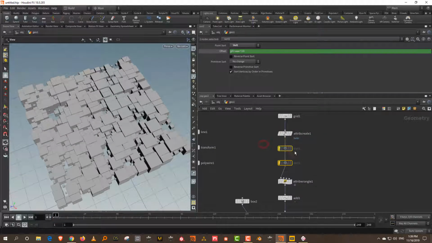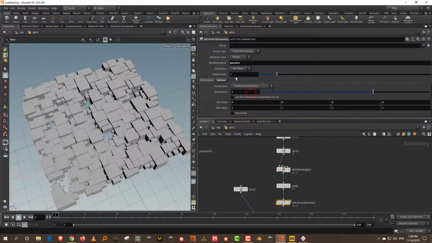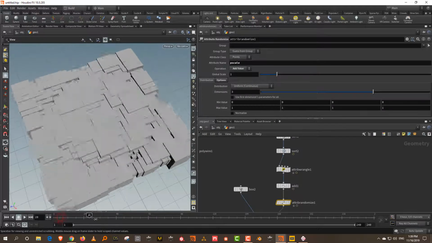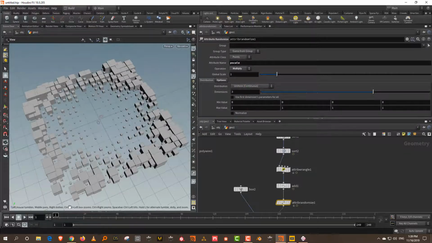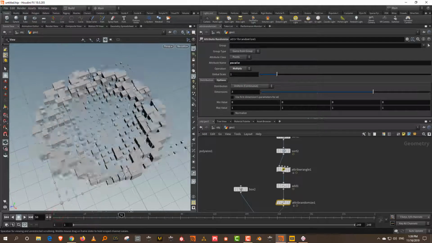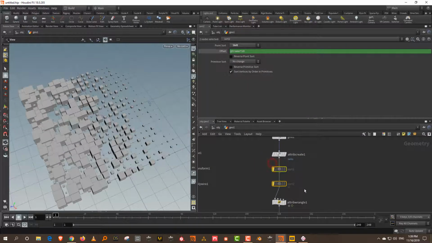What you can also do is randomize the scale. By default, it sets a value, so it overrides whatever is existing. But you can do add value, so it's now adding to that. Or I can do multiply, so you can multiply with the existing value. Let's bypass this, I don't really want this right now.